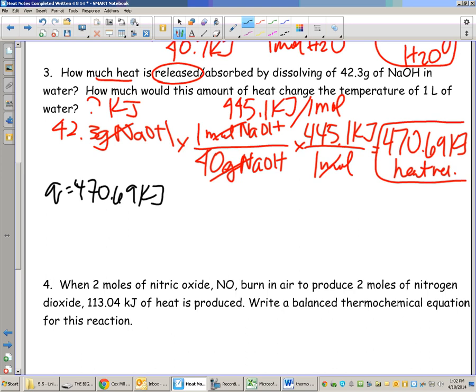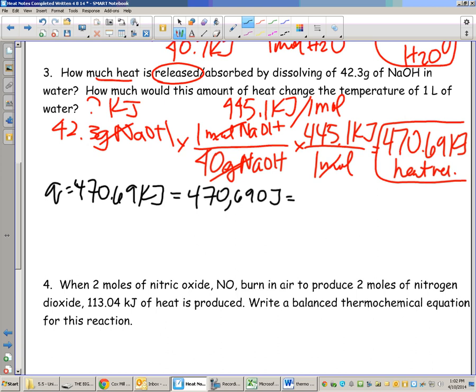We need to change that to joules though. Why? Yeah, because C has joules in it, so we need to convert it appropriately. Can you do that in your head? Times 1,000. Right, so in your head you're going, I've got 1,000 joules in 1 kilojoule, so kilojoules cancel. So that is 470,690 joules is equal to